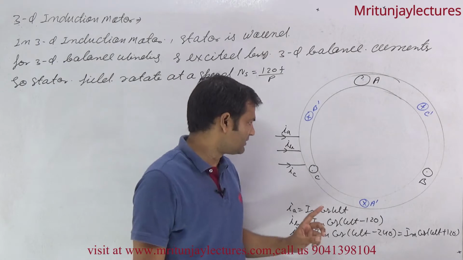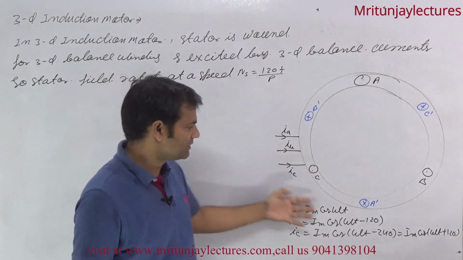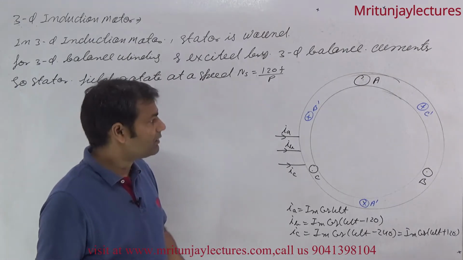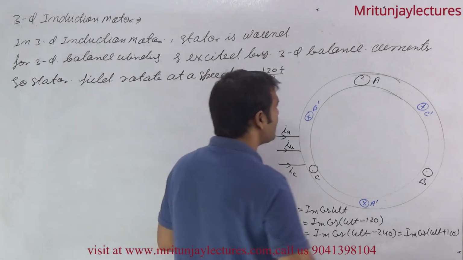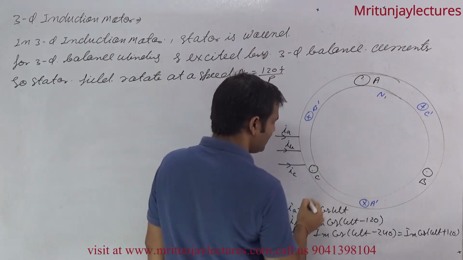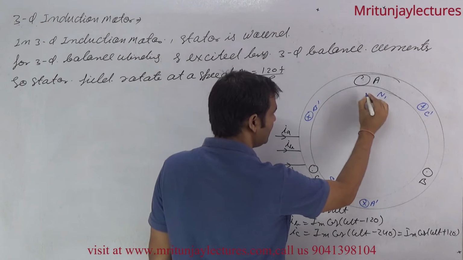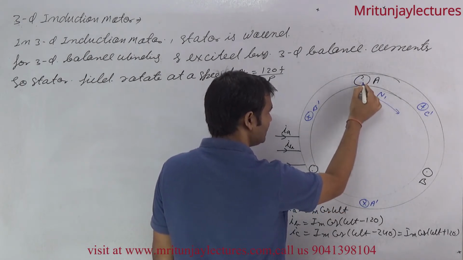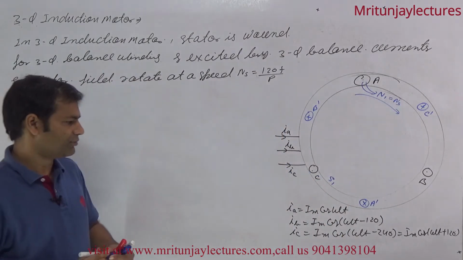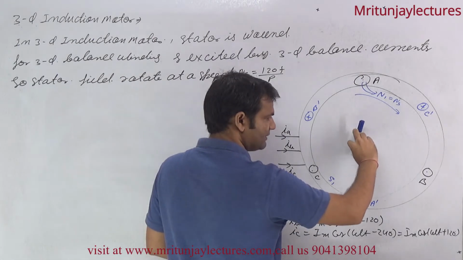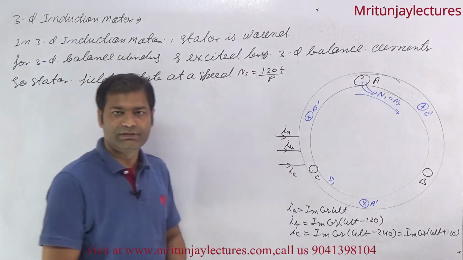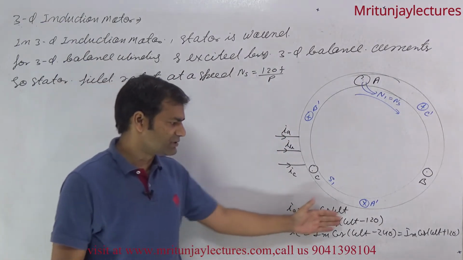Excited by three phase balanced current like this, a rotating magnetic field is generated in the stator winding. Suppose the generated poles are N1 and S1, and the direction of the rotating field is like this. If you sit on the stator and see, N1 is equal to Ns. If a magnet is like this, then the stator field rotates in clockwise direction. This type of sequence is called positive sequence.